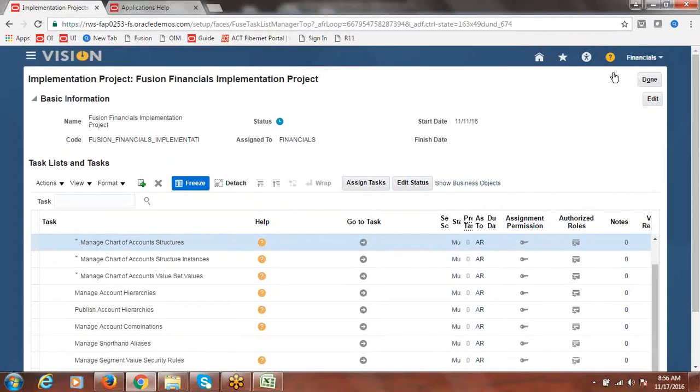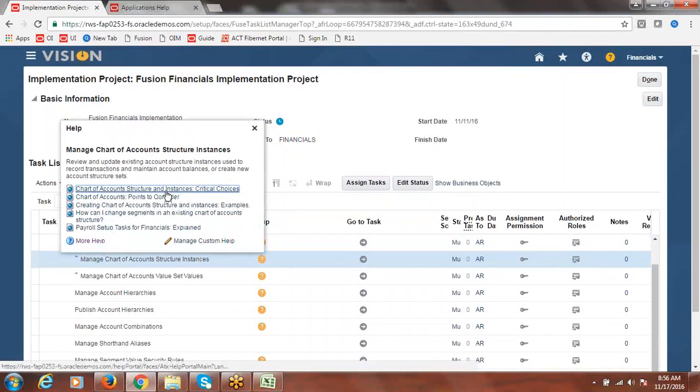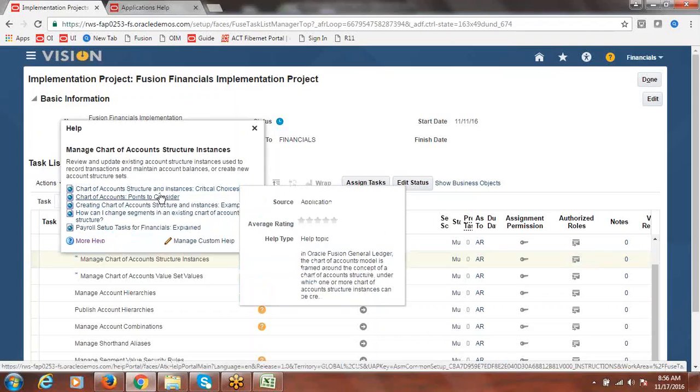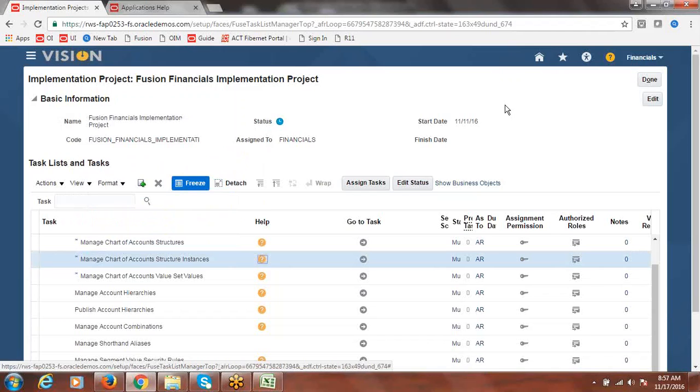So that's how you can enable help. It will get enabled if you want to see very brief information. Whenever you click on that, it will just open the information here. If you need more information related to that, you can click on these links and it will open that. These will also take you to the same search page, the help home page. Or if you want to go directly to the help home page, you can click on more help and it will open that. From there you can search and find any information you are looking for.